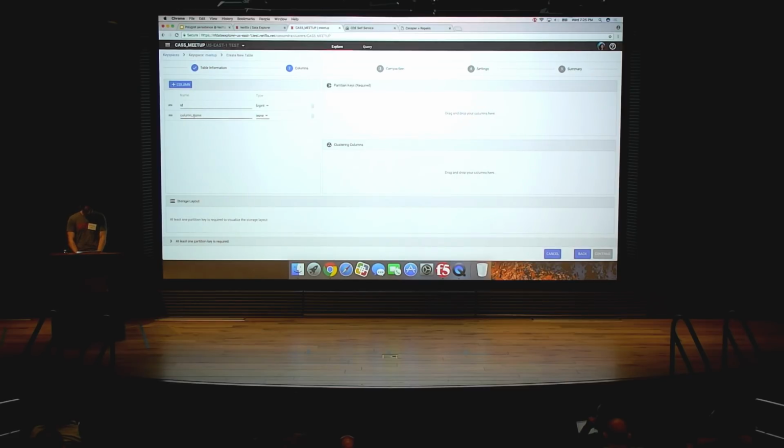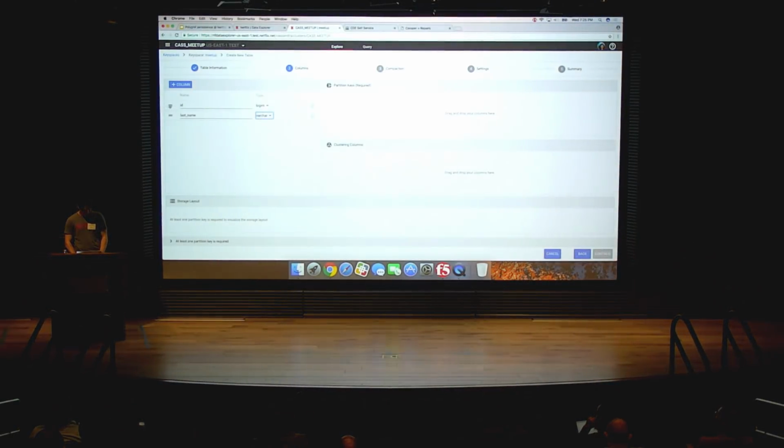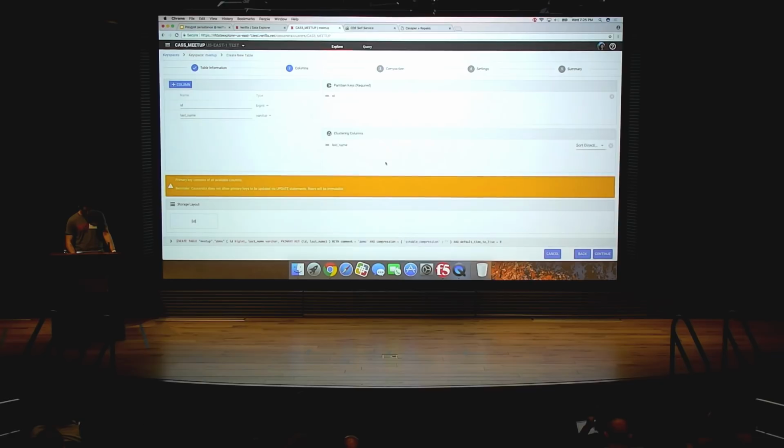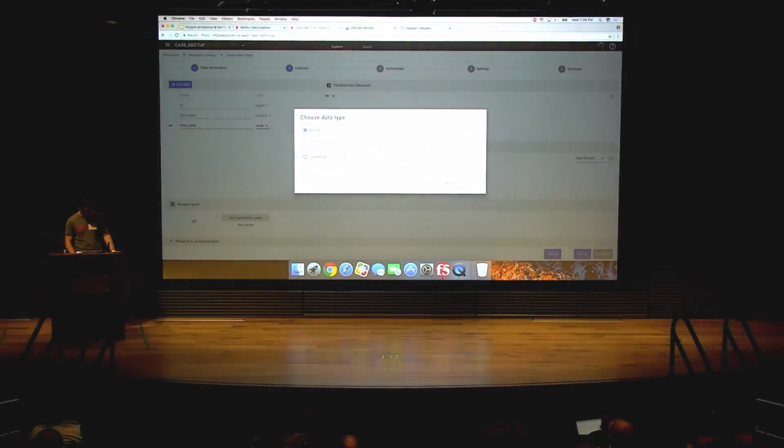Let's see, I'm going to have a last name field. Maybe that's a text field. And you can just drag and drop them. So here I'm setting up my partition key as well as my clustering column. And you see that I got a little warning here saying that you're effectively creating immutable rows. So since all of your columns are part of the primary key, you may inadvertently be creating immutable data. So anywhere we can, we try to give those sort of like helpful validation checks.